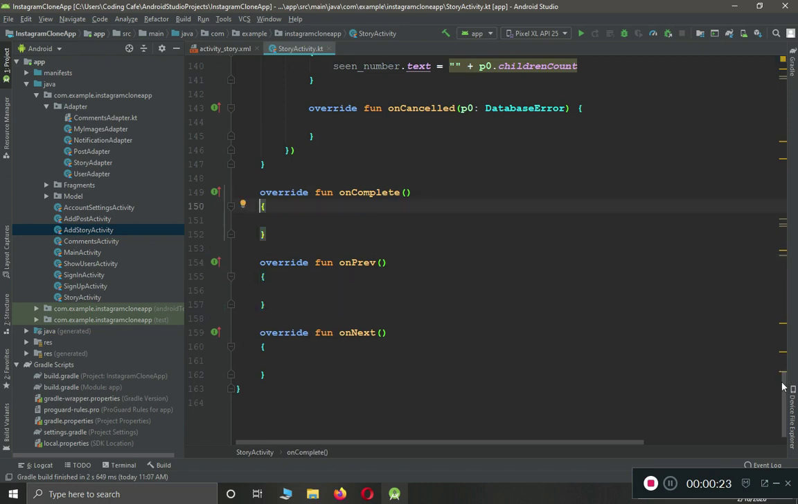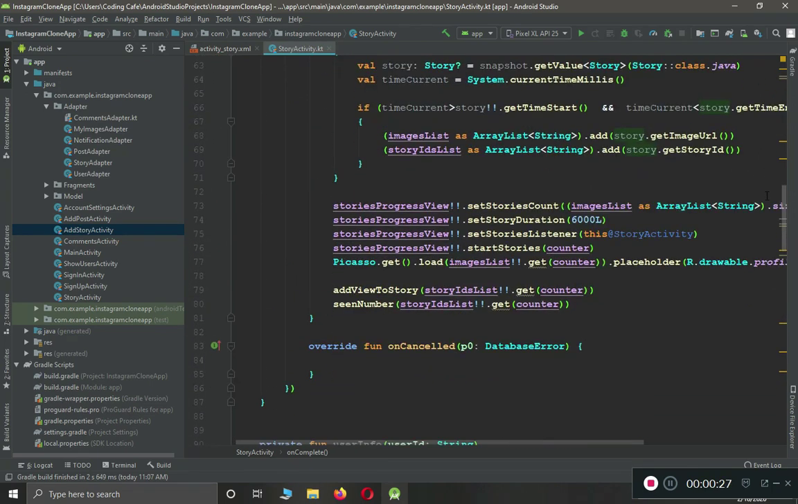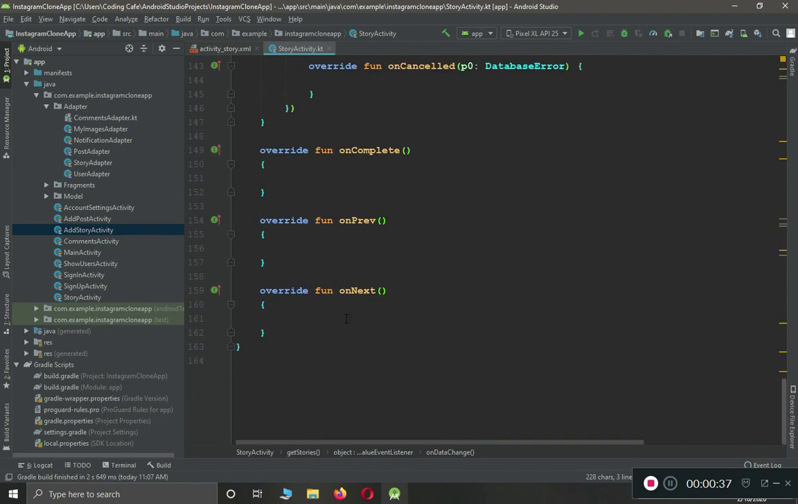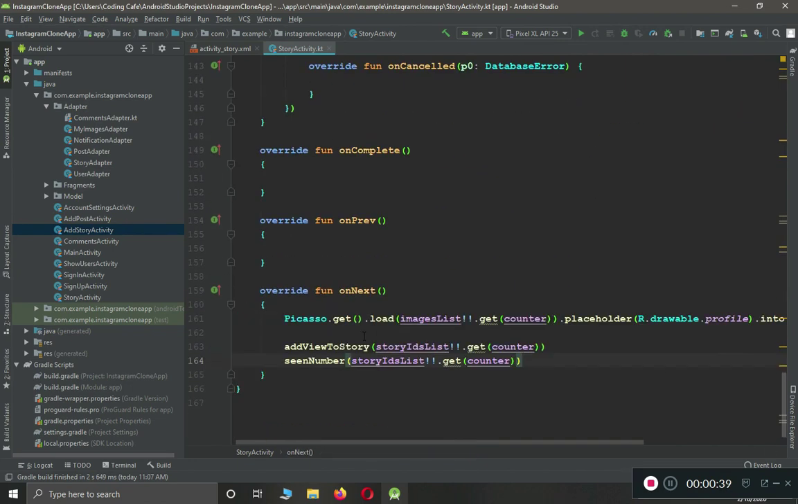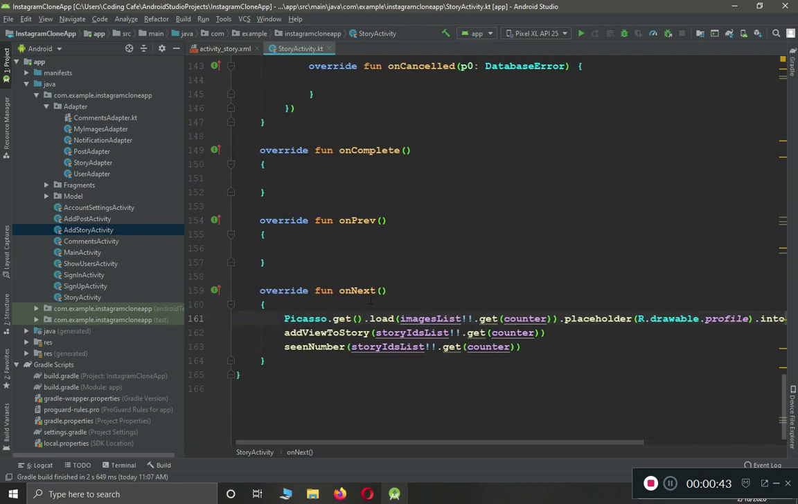Now since you know that, here in our onNext, let's just come here first and from here copy these three lines, which is Picasso.get and then calling the addViewStory and sceneNumber function. So let's copy it and come here to the onNext. Now whenever we move to the next image, we have to update our counter. Now before we move, let me just tell you one more time this, because it's important to